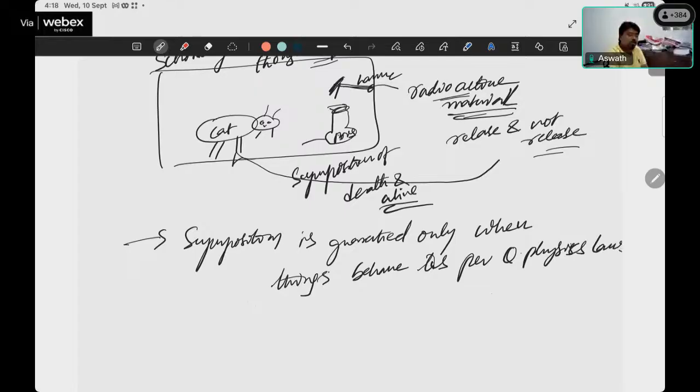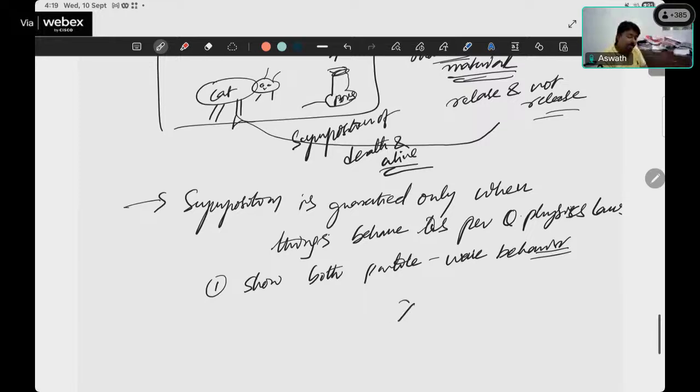Okay, what are those laws? Number one, it should show both particle and wave behavior. To have that, the particle should be very, very small, just like in the de Broglie wavelength